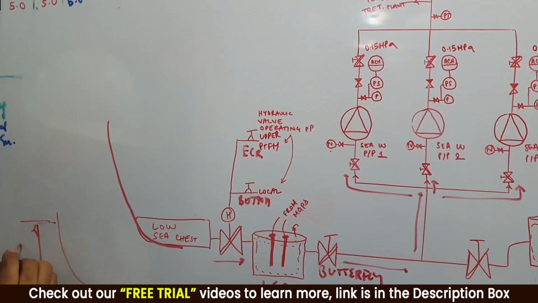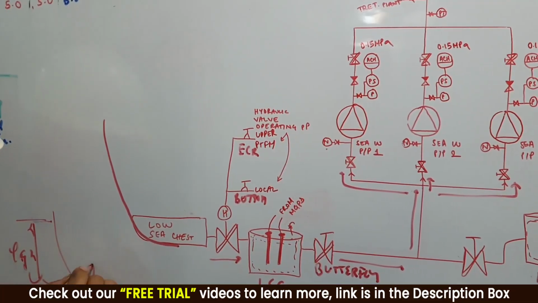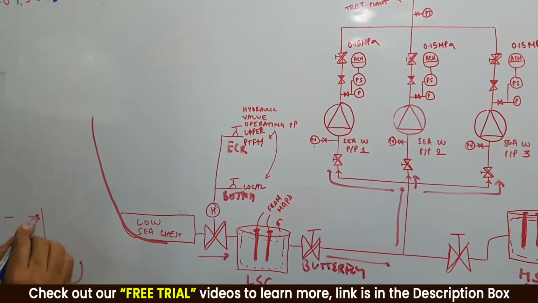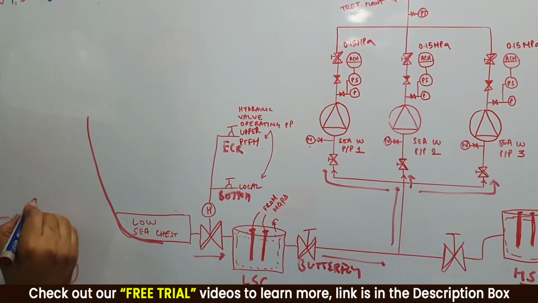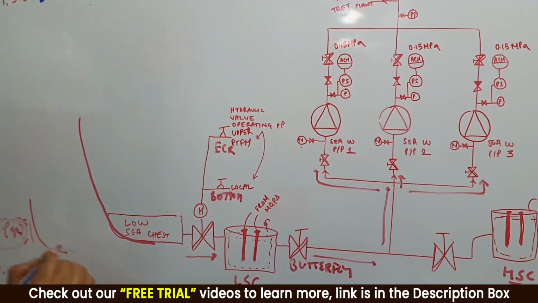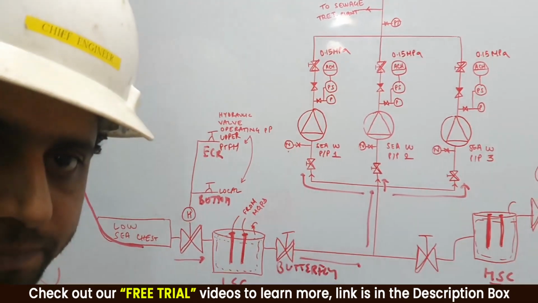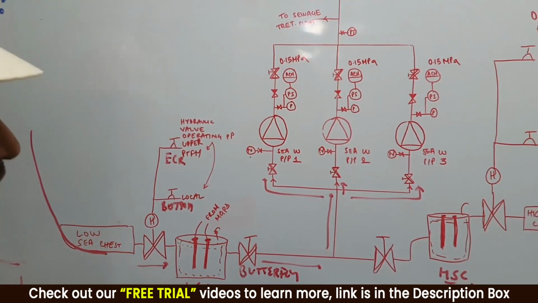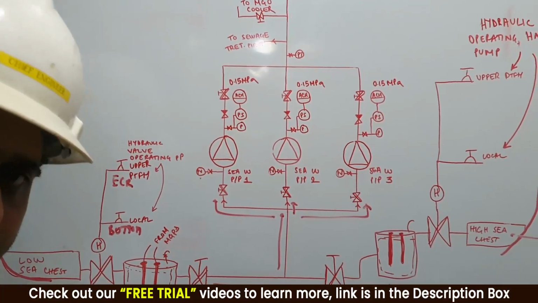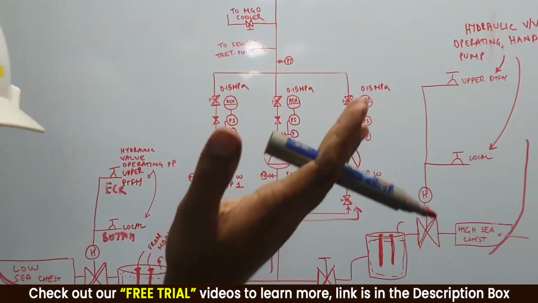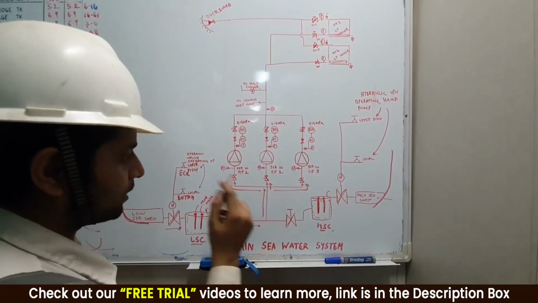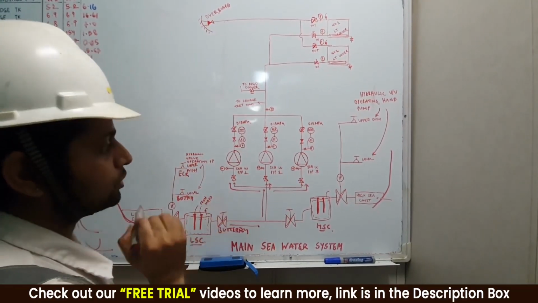So this will be the rho g h, the head acting on the suction pressure over here. But if your ship is in ballast condition, the ship will be like this only, so only this much rho g h will be there. Copied, guys? So the suction pressure will decrease over here. Understood? Your suction pressure depends on two factors: whether your ship is loaded or in ballast, depending on the outside seawater level with respect to the line over here, and second, whether this filter is choked or not.